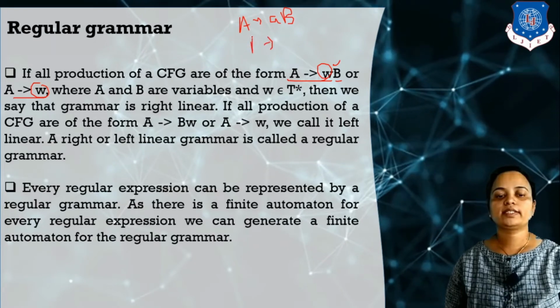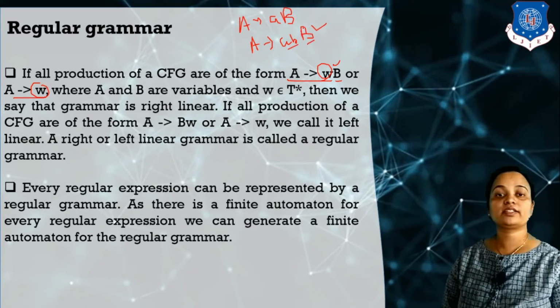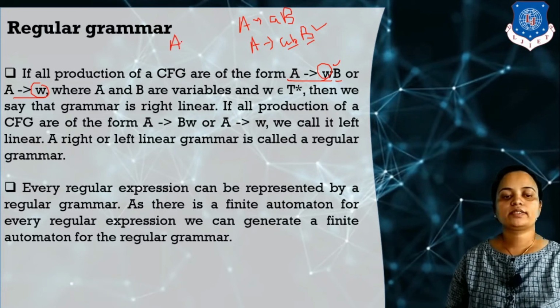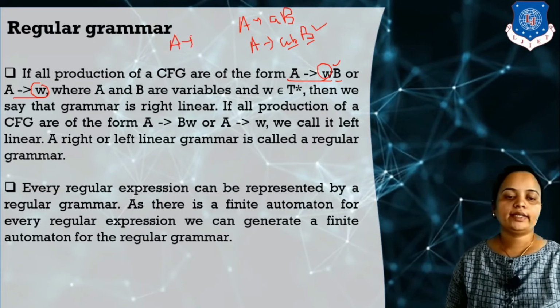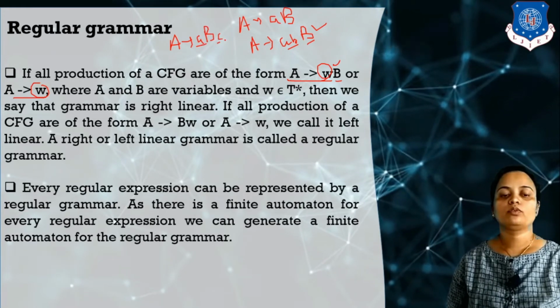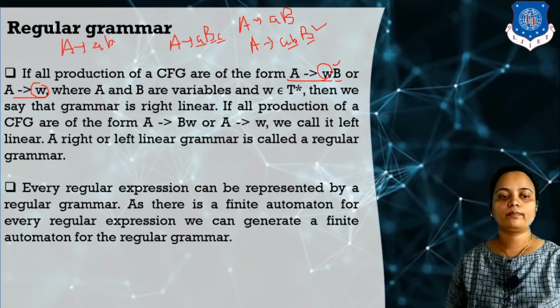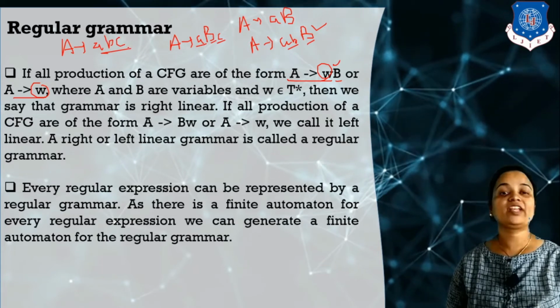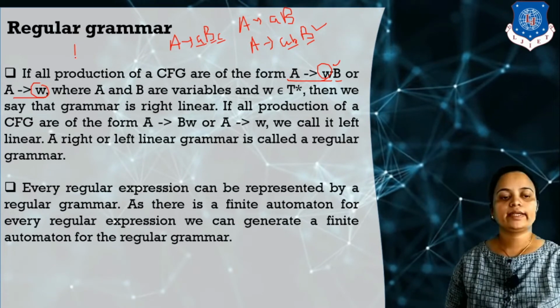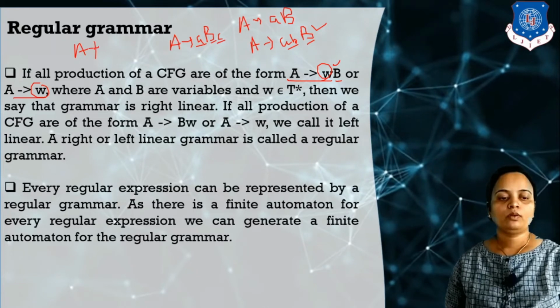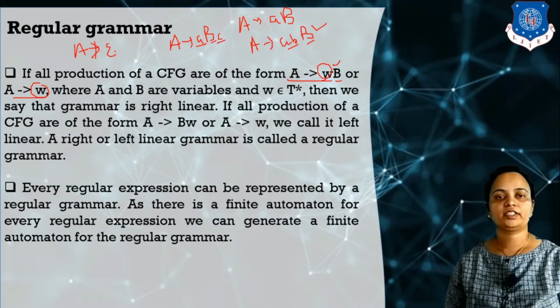Can we say that this is a left linear grammar? Yes, the position of the non-terminal is the right hand side, so it is right linear. Can we say this grammar is right linear, like this: A, B, C? No, because the non-terminal appears in the middle. Can we say that this grammar is small abc? Yes, terminals are allowed. A derives null? Yes, null is allowed.